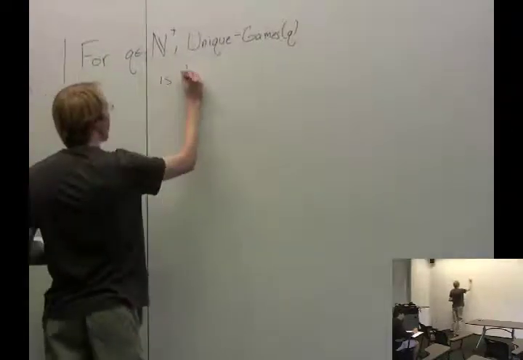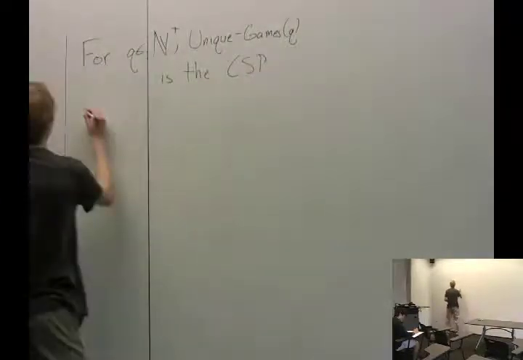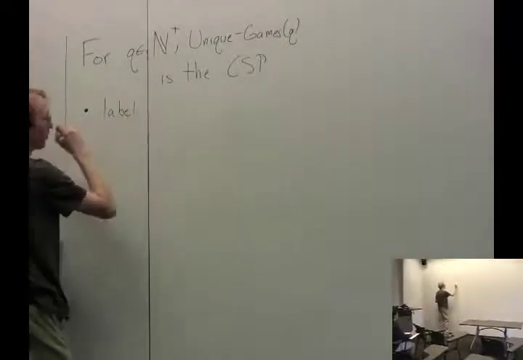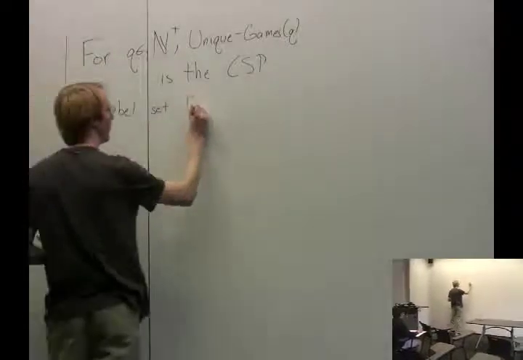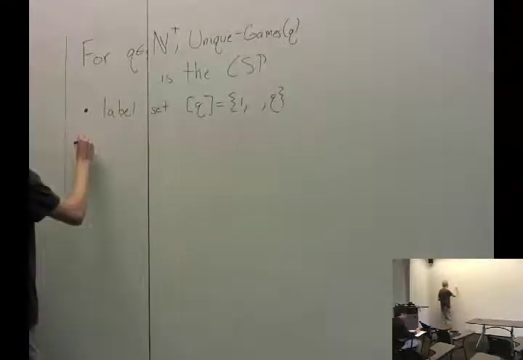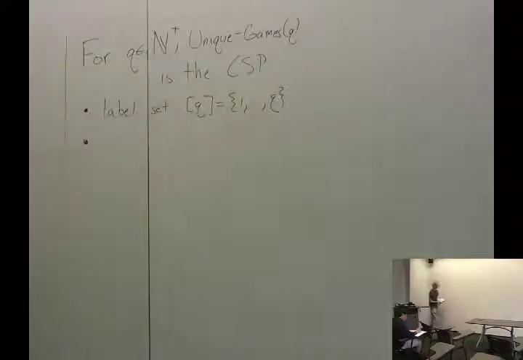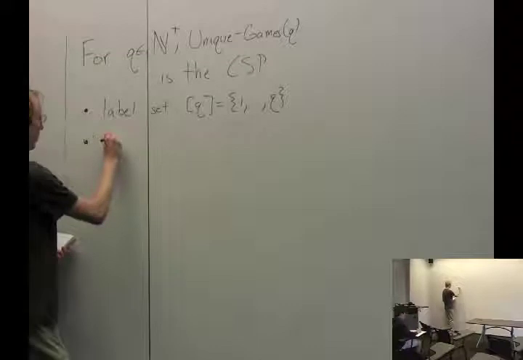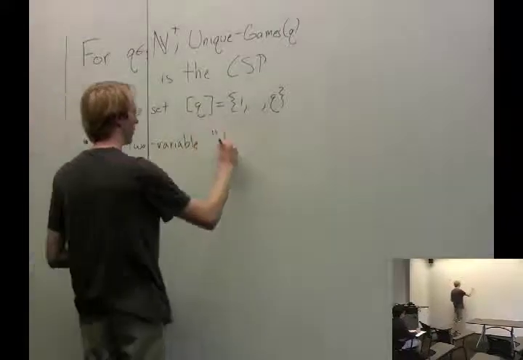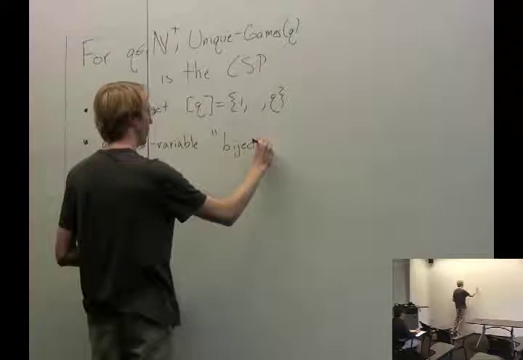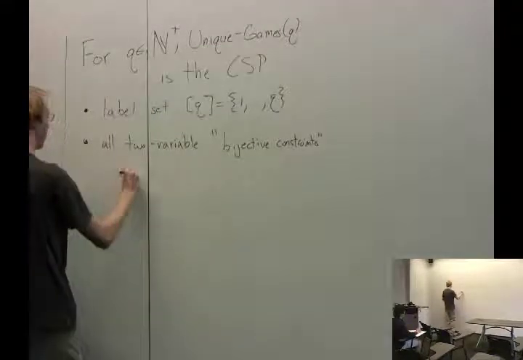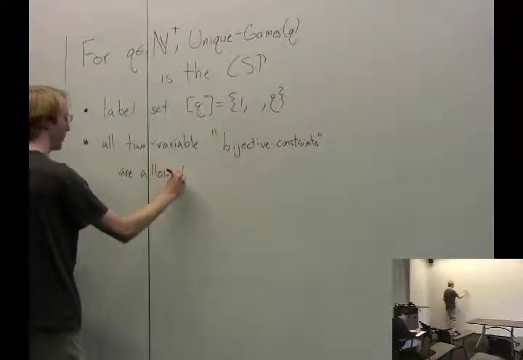Okay. Is this the constraint satisfaction problem with two properties? One, okay, so what are the labels? The label set will be the set of integers from 1 to q, which you write with this boxy notation. And you have a set of constraints that you're allowed to place on pairs of variables. So you're allowed to place all two-variable so-called bijective constraints. Are allowed. Okay, and we haven't actually defined what bijective constraints mean, but